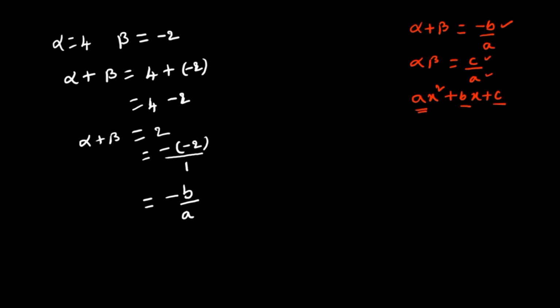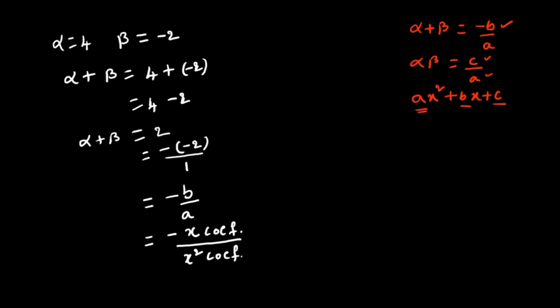Don't forget, here alpha plus beta is minus b by a. We should get it in the form of minus b by a, so I have checked what b is, that is minus 2. So how can we express the plus 2 in terms of minus 2? That is minus of minus 2, which again gives plus 2, divided by a, which is 1 here. So from the formula only I got this. Finally, what is minus b? That is minus x coefficient by x square coefficient, that is a.